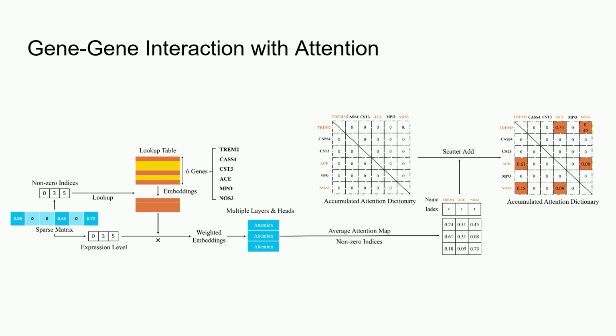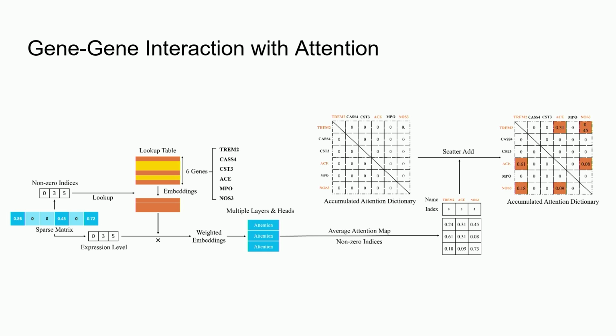We first train a model to classify whether it's a cell or not. Then given one cell's expression, we generate the final attention map here to represent the gene interaction within this cell. And then we do sparse aggregation to generate the final results. And then we can rank the feature interaction score from the N by N matrix. Basically, this N is